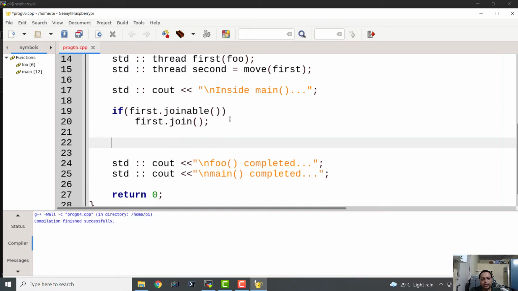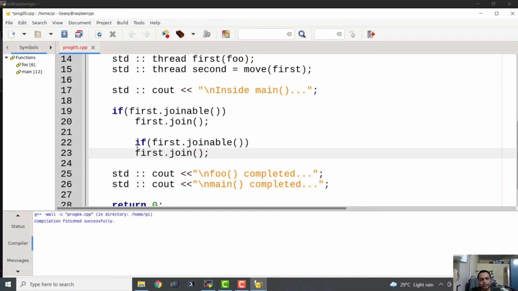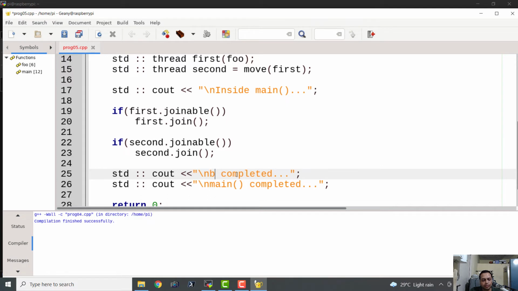Now here we are going to check the joinability of first, and second, and let us make appropriate changes to the messages. Okay. Both the threads completed. Okay.